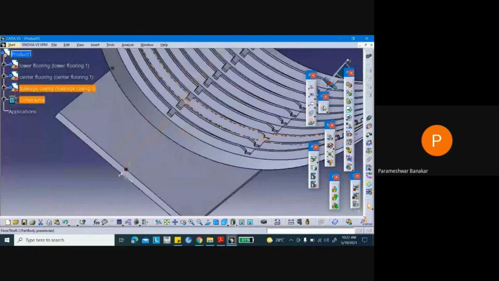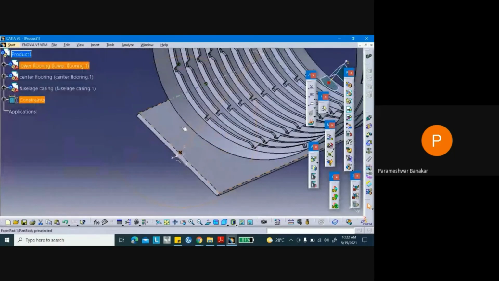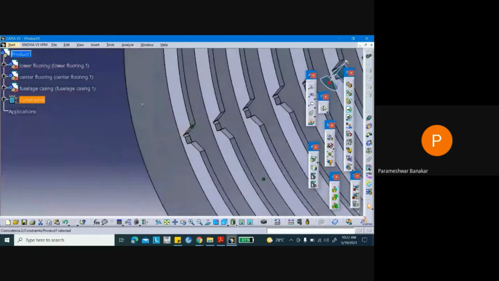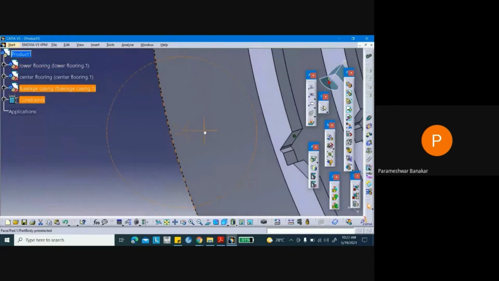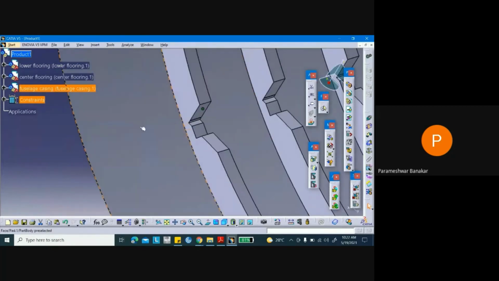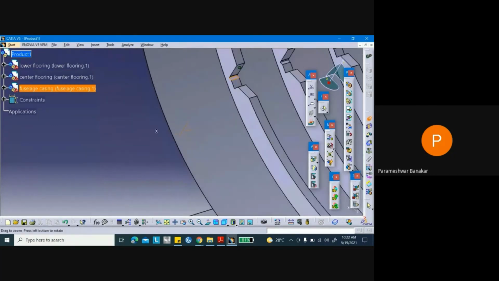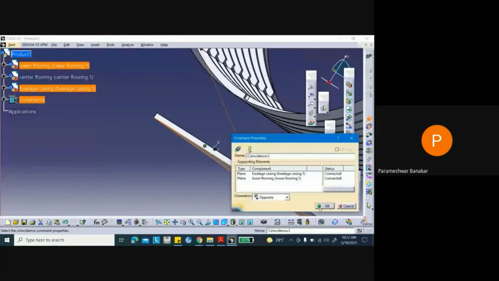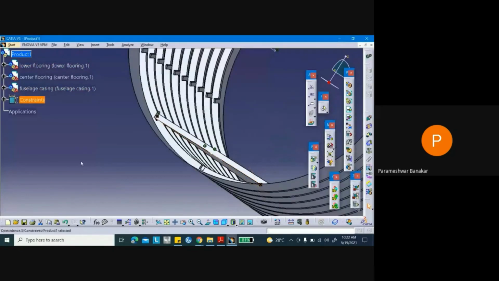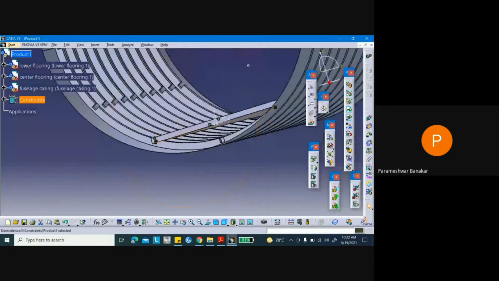So now what you can do is, again, always remember, whenever you are going to assemble, you are supposed to coincide both side and bottom. Okay, side and bottom surfaces both. You can see here. Side we have considered, so this O mark is coming. Now I want to keep this on this surface. Click this, select the coincidence constraint, come here, and this portion I want to place over there. Okay. So now you can see this.